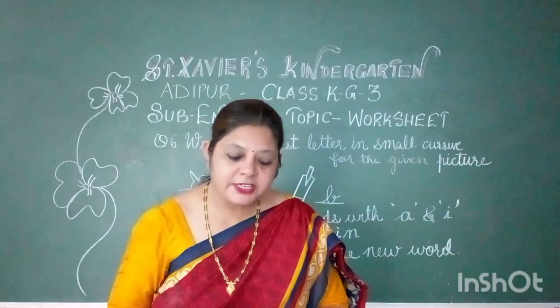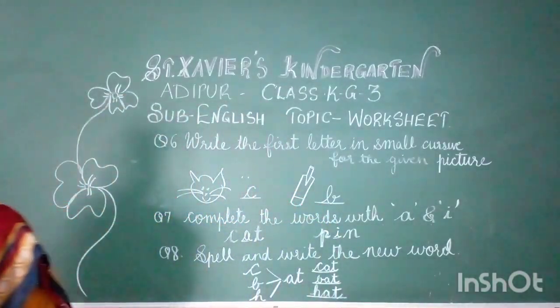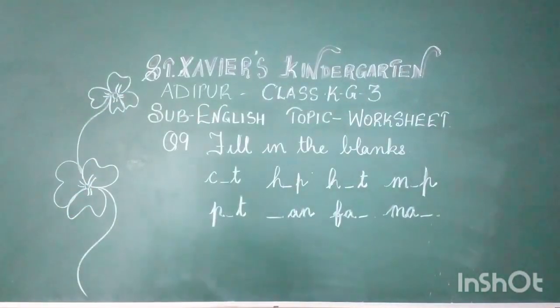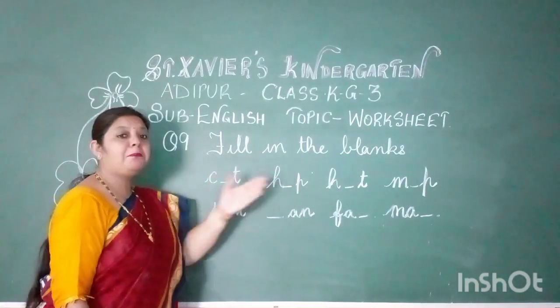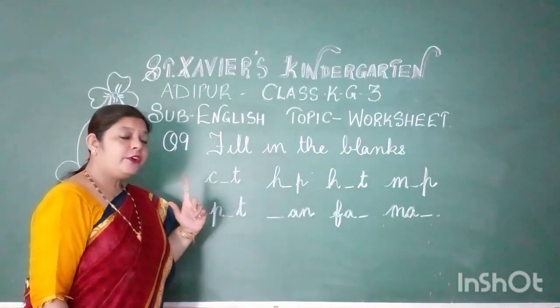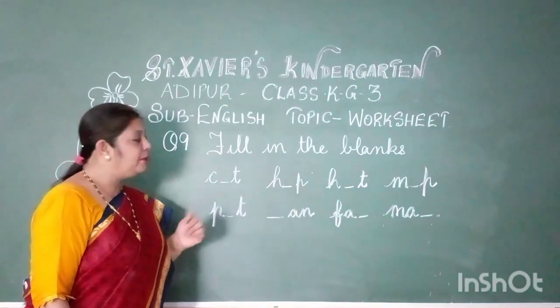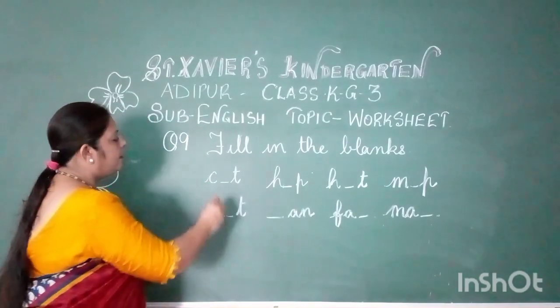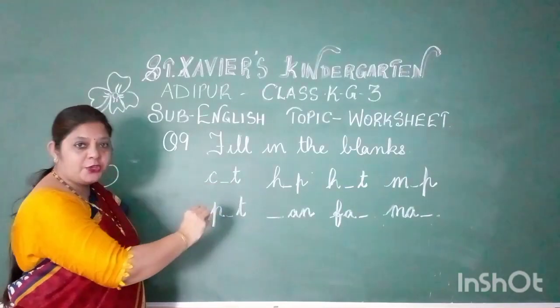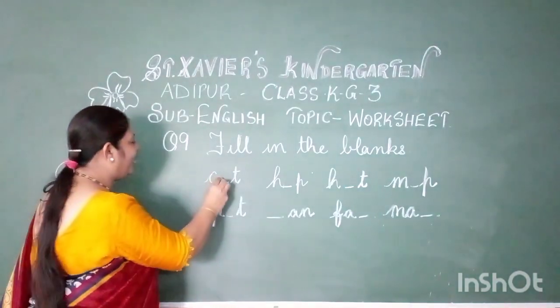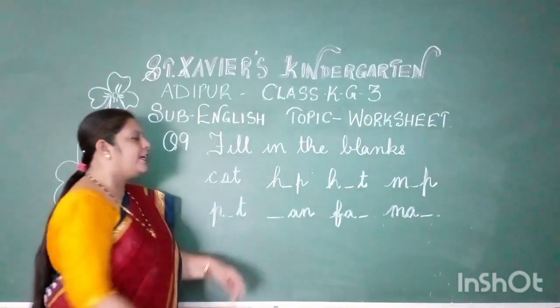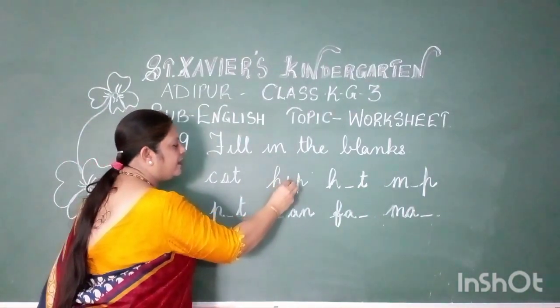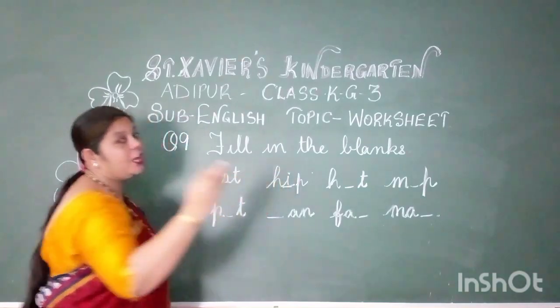Ma'am will show you how it is. So you have to do your question number 9 like this way. It's fill in the blanks. Right? The word you have written CAT, cat, you all remember? The same way over here. Ma'am has given you C and T. You have to complete it with A. So CAT, cat. What is the next one? You can write HIP, hip, or HOP, hop.